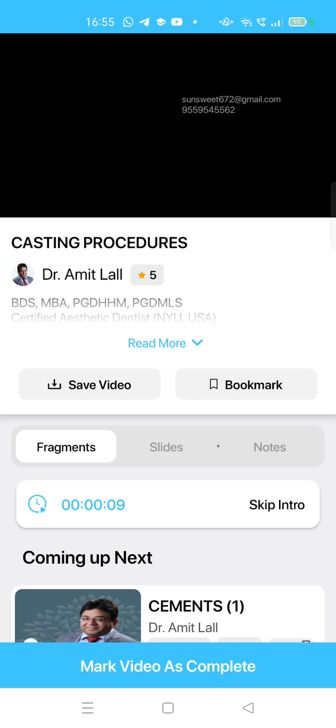And the last one is back pressure porosity, that is because of trapped gases. I told you 6 to 8 millimeter, 3 to 4, phosphate bonded, gypsum bonded. When this distance is not maintained, it means the sprue length is either more or less, then the gases produced because of heating of the metal and of the casting investment material, when they are not able to escape, will cause back pressure porosity. Most important, it will affect the intaglio surface of the crown or the cavity portion of the crown. It will not affect the outer surface.